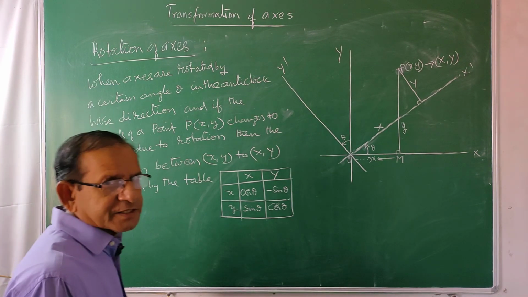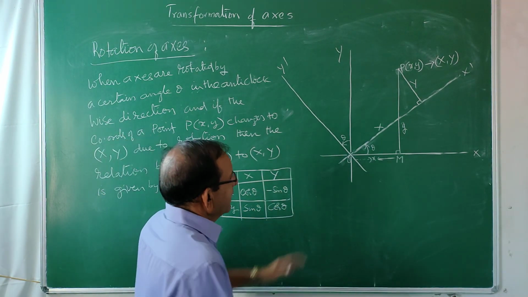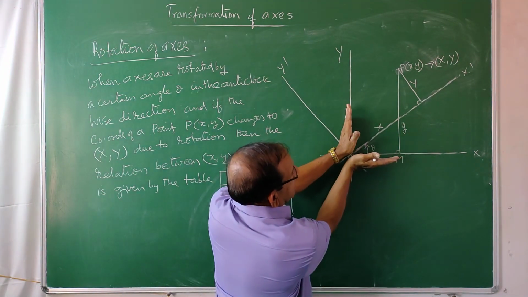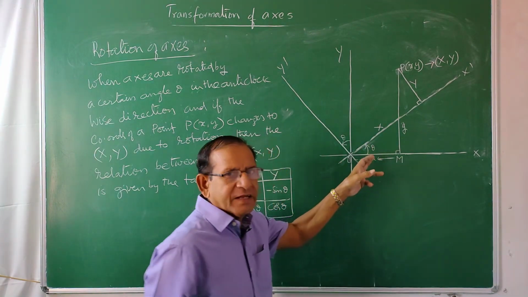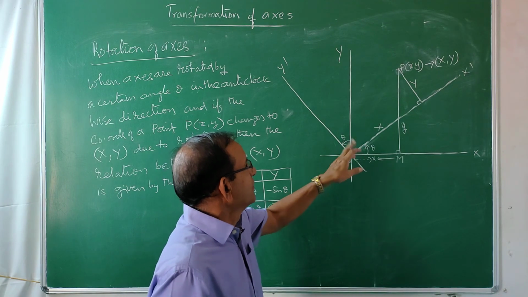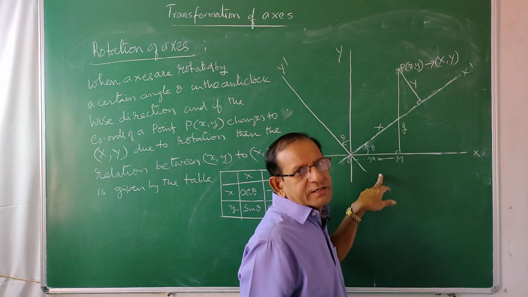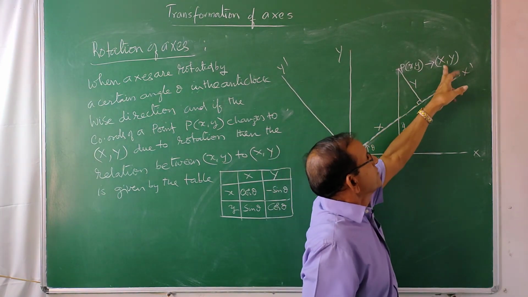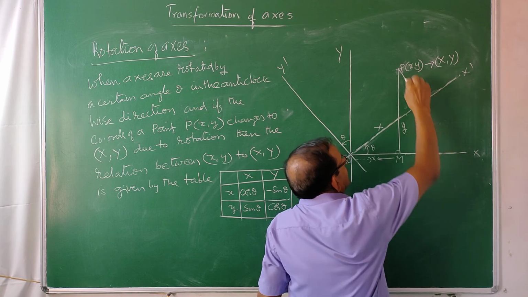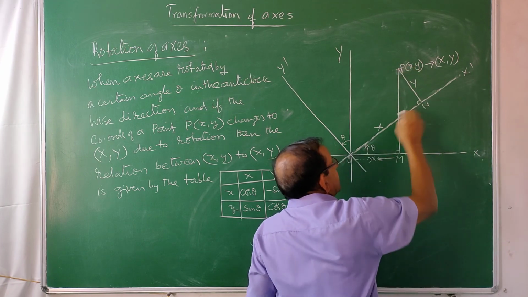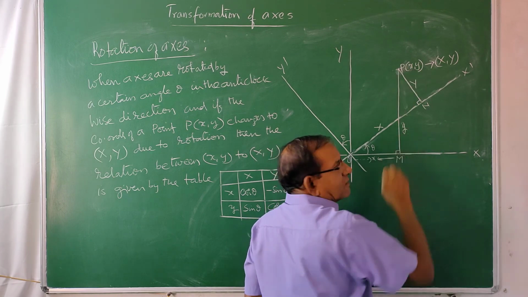Now here let us discuss the rotation of axes. Here actually OX and OY are like this. Now rotate the axes by a certain angle theta in the anticlockwise direction. Now there is a point P with coordinates x comma y with respect to the original coordinate system. Now they are changed to big X, big Y with respect to the new coordinate system. Suppose this is PN. Now PN is big Y, ON is big X. Previously OM is small x and PM is small y.